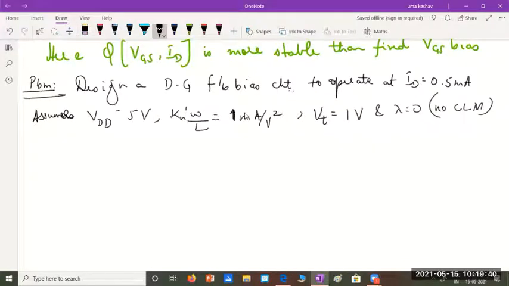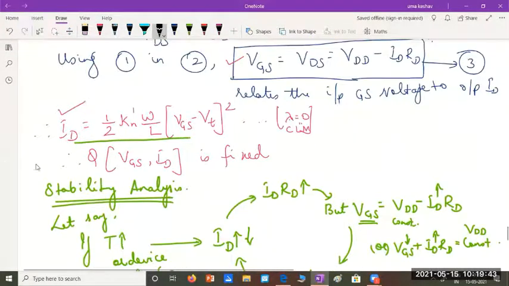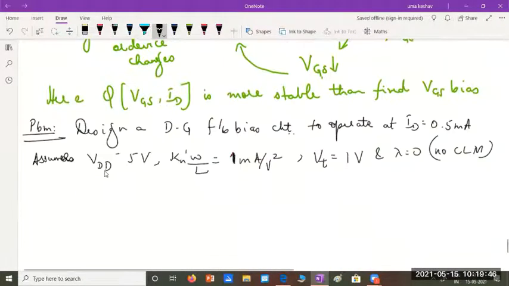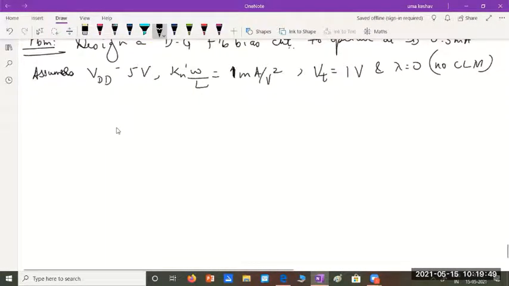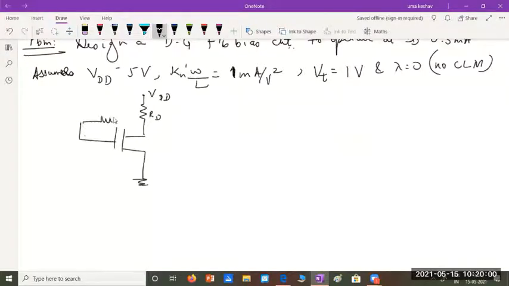So the equation for ID is as we have written here. There is no change in the equation for ID. So we already have the circuit. Every time a problem is asked, you can draw the circuit: RD and one simple resistor here. We are done. ID flows here as well as here. The current here is 0 and this VDD is 5 volts. This is the circuit. Now how will I start with the design?